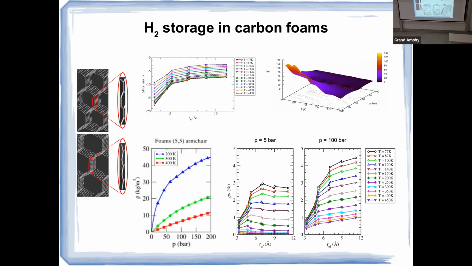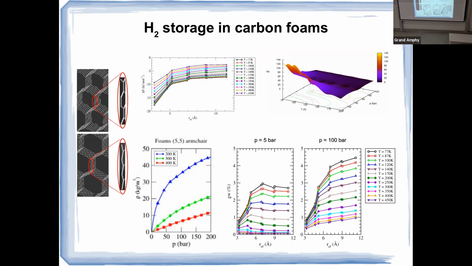So this is an example I took as a test case, the case of carbon phagraphenes, these structures that you see on the left, these honeycomb-like lattices, which are named based on a classification in terms of how the carbon atoms are arranged on the edge of the channels, and also on the number of benzene-like rings that each of the pores has. And you see, for example, the things we can compute within this quantum liquid DFT scheme, the thermodynamic properties. Here, this is the binding free energy, the difference between the free energy of the absorbed molecule with respect to that in the gas phase.